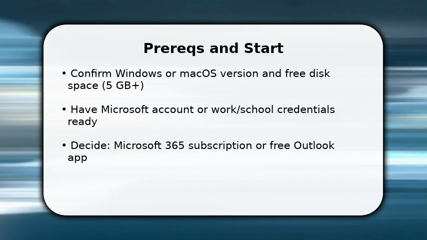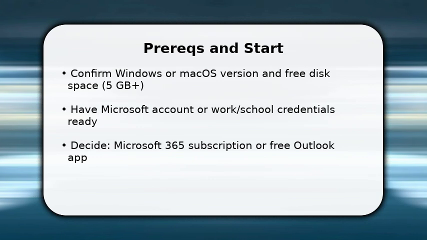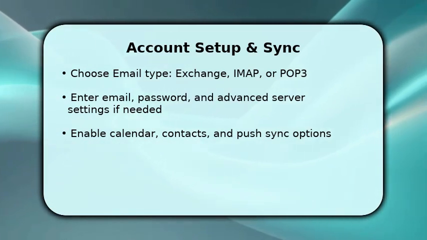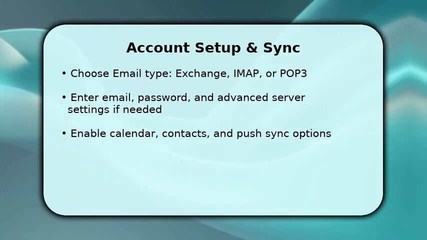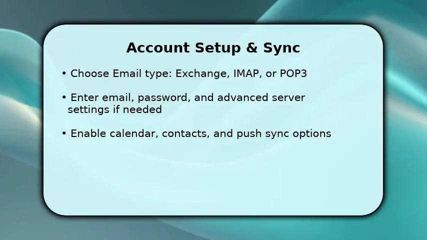If you chose Microsoft 365, use the same account for activation. Make sure to accept requested permissions so Calendar and Contacts sync properly. Once Outlook opens, choose Add Account and enter your email address. Outlook often auto-detects settings. If auto fails, select Manual Setup and pick Exchange, IMAP, or POP3, then input incoming/outgoing server